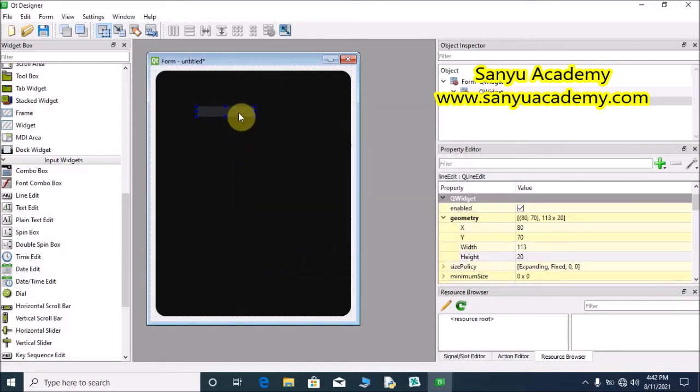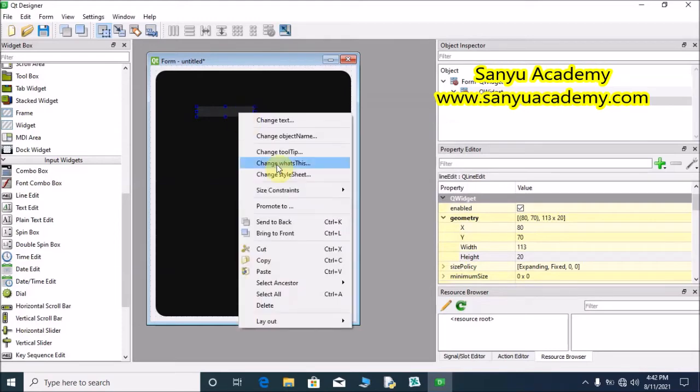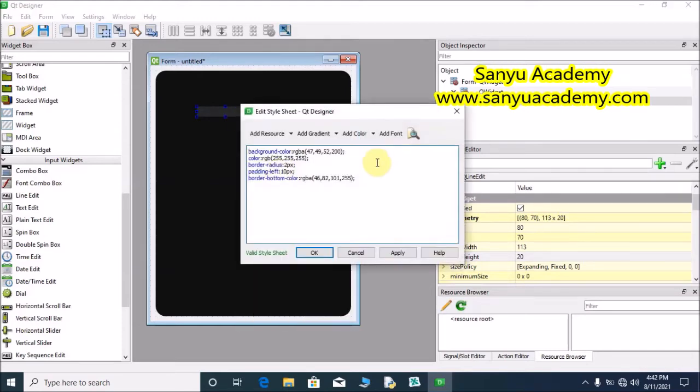Before applying the border color, we have to apply the border first. Select the change style sheet, border: 1px solid rgba(0, 0, 0, 0); click apply.